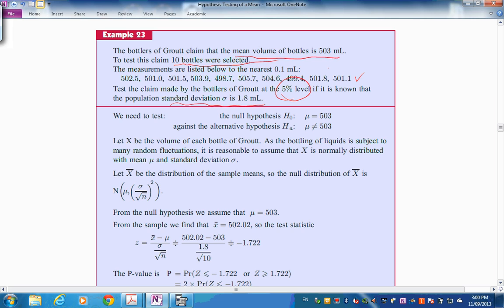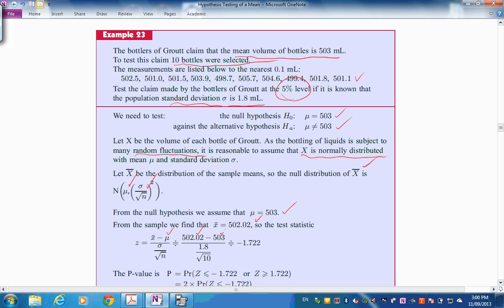And what we're going to do here is assume it's normally distributed. There's the stated mean, and that's the null hypothesis. Alternative is it's not that. We're saying there's random fluctuations, so we're going to assume X is normally distributed, so the mean will be normally distributed with the mean of the population that they have claimed, and with that sigma. So there it is. There's our X bar, fairly close to it. The Z score now,